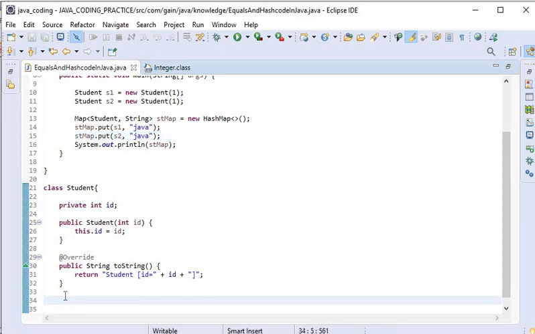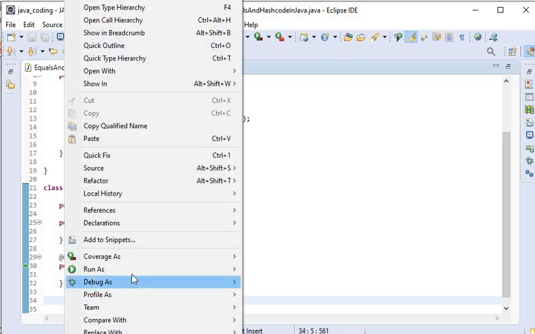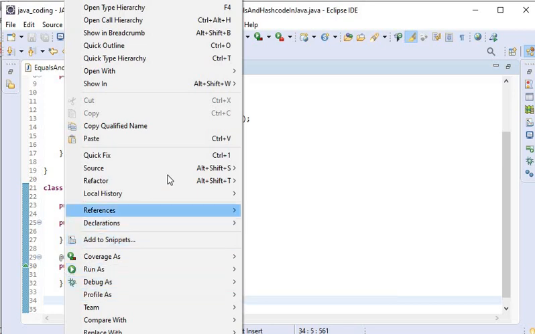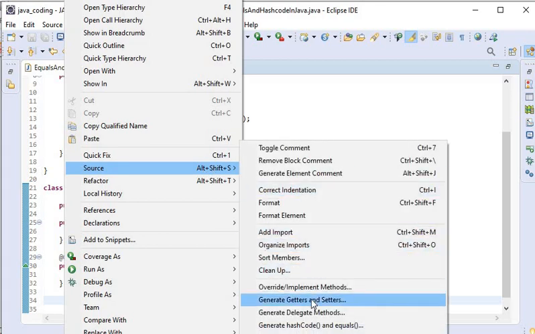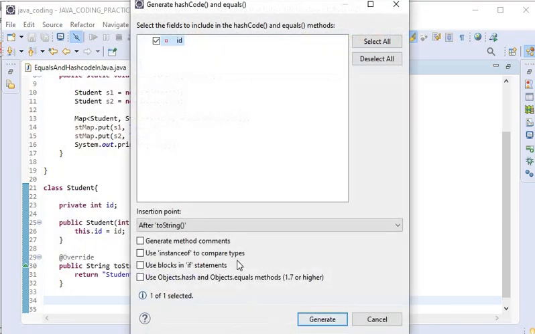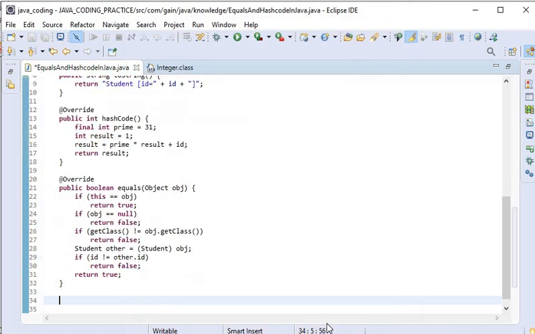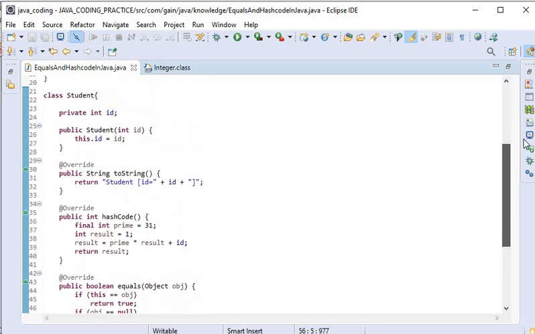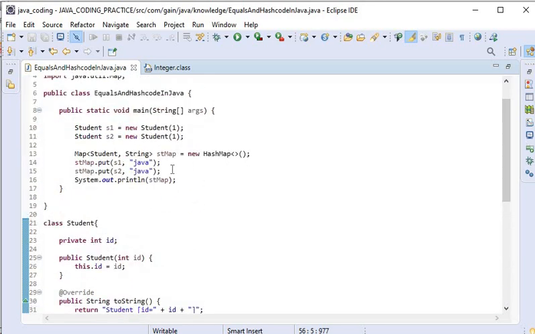Actually these both functions are available in our Object class, that is the parent class for all classes if we are not inheriting any other class. And now we will generate the hashcode and equals methods, based on ID. It will find its duplicates and generate the hash key.